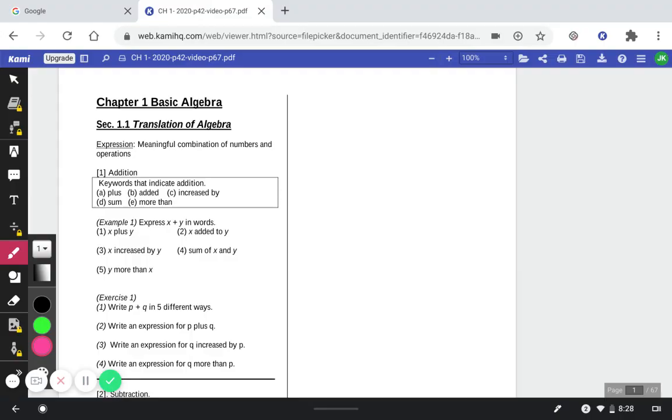In this video, we're going to cover basic algebra, chapter 1, section 1.1, Translation of Algebra. Mainly in this topic, we will learn how to translate an algebraic expression into a paragraph or a sentence. Okay? To do that, we have to know